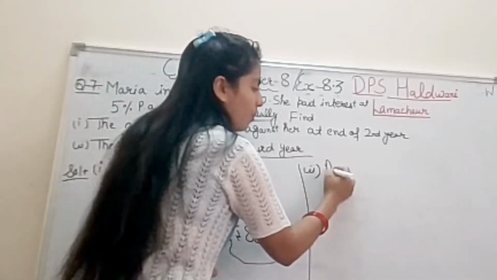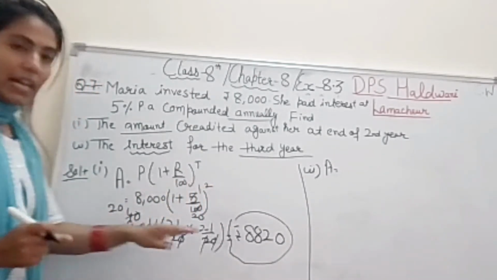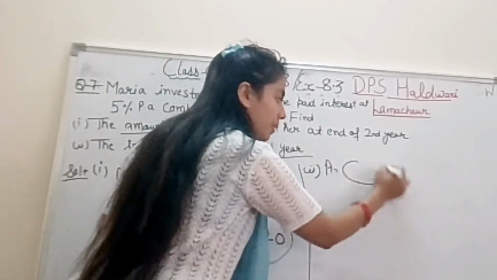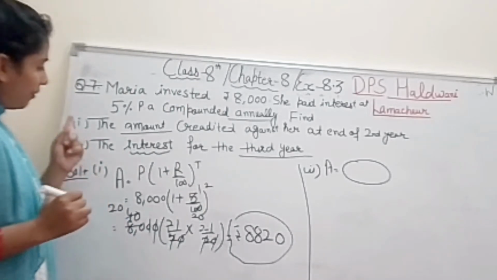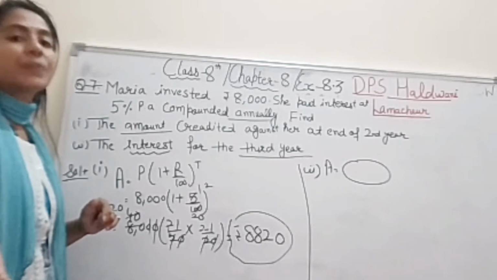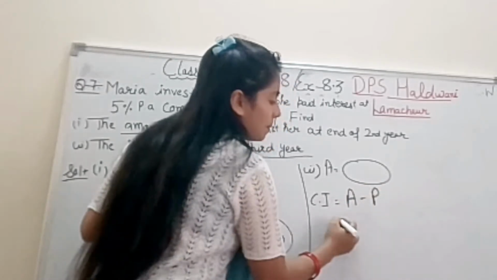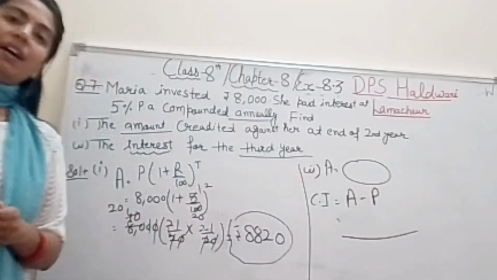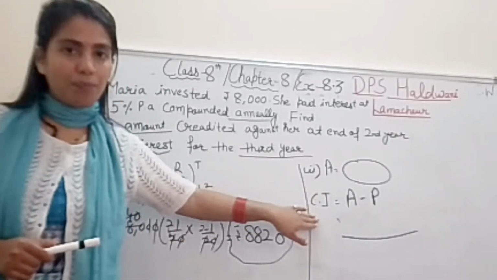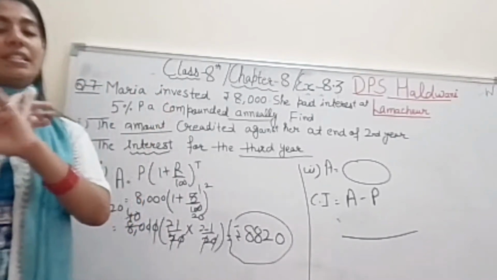Right, student? So the amount formula you will put the same. So in place of 2 you will write 3. So your calculation will increase. That's it. Rest will be same. And after taking out the amount, the question is interest. The first part was about amount, but in the second part you will take out the interest with the help of the formula: compound interest is equal to amount minus principal, right, student? So with the help of this formula, you just take out the value for the compound interest. It means you have to remember these formulas and calculations. That's it. So students, the questions are always the same only.